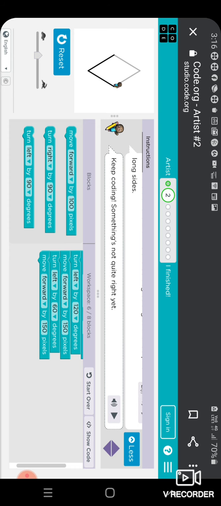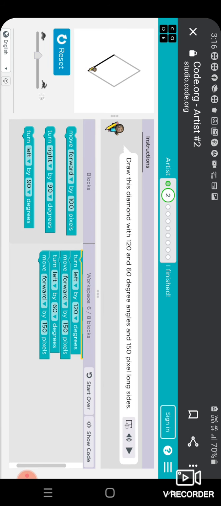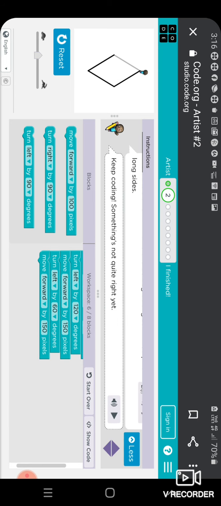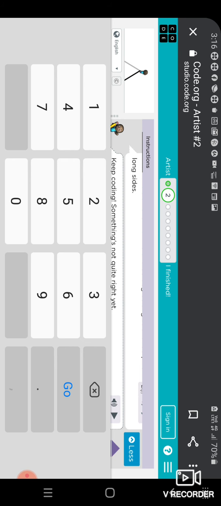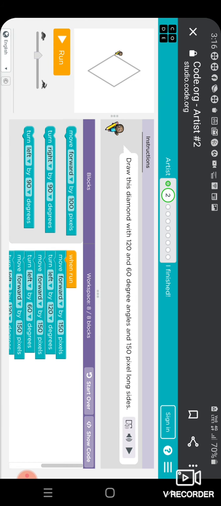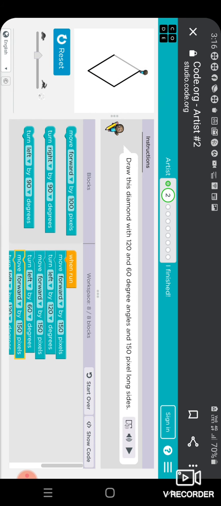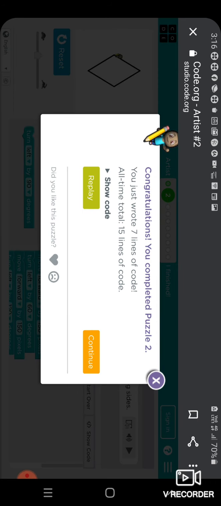Then again turn. Okay, now again turn with a 120 degree angle and then move forward 150 pixels.